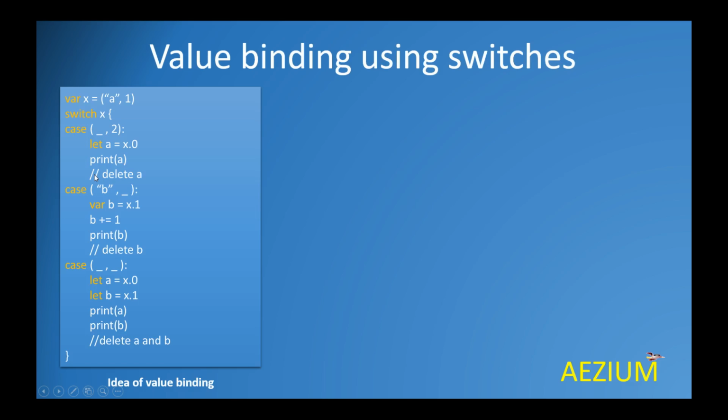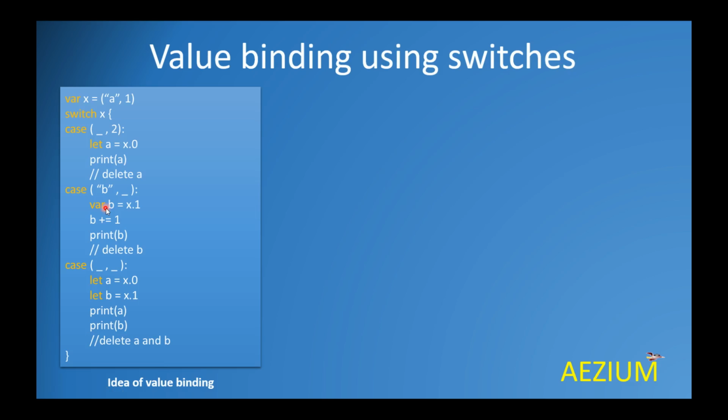And at the end, when we are finished with everything, we delete a. The reason for deletion here is because a is meant to be a temporary constant. It's only available within the body of this case. The second case indicates that if the first element of our switch parameter is equal to b, regardless of whatever the second element is, we define a